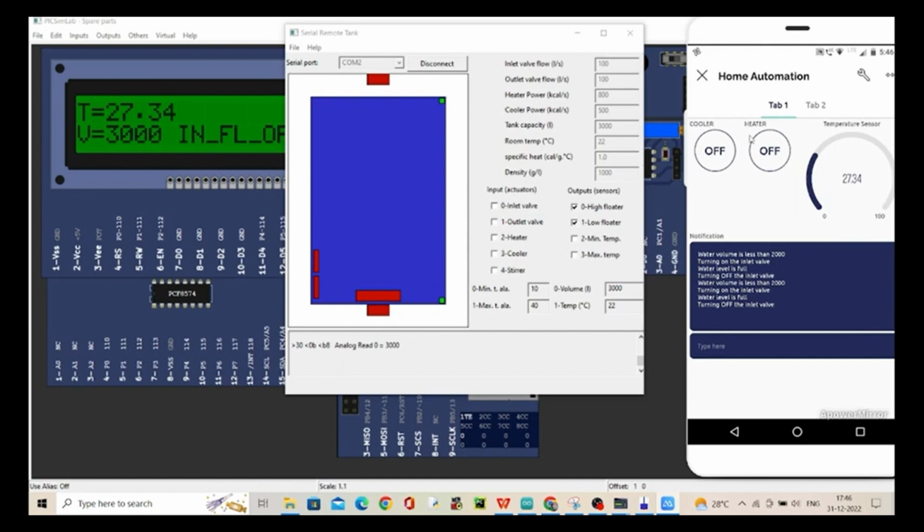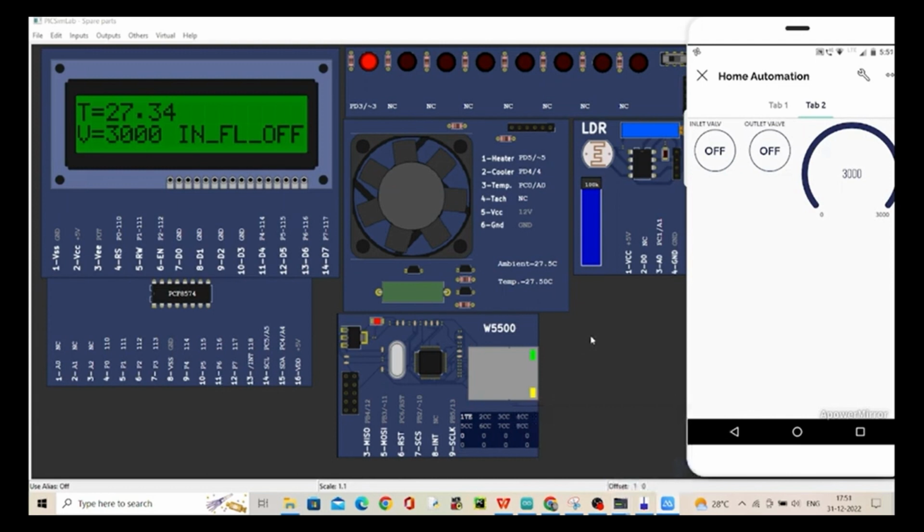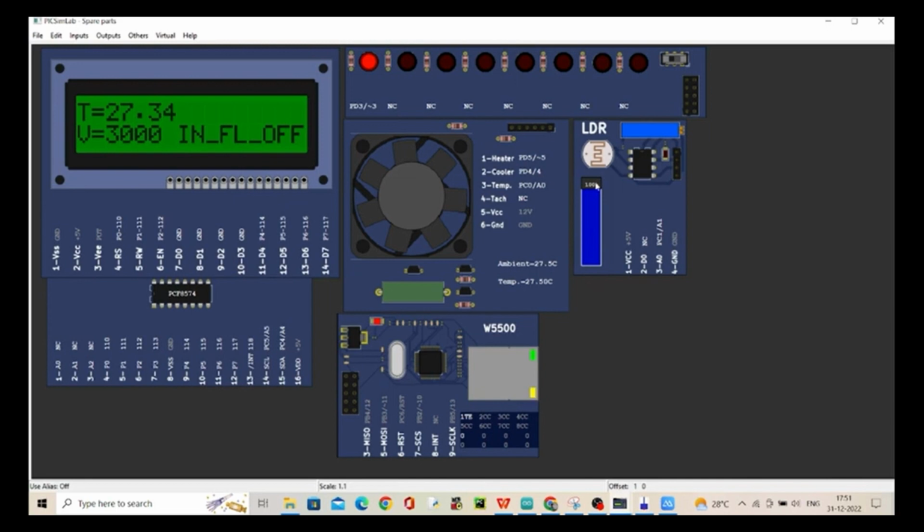Now coming to the second automation, we have done the control of the garden light using the LDR sensor. I will show you. This is the LDR sensor. Here we can vary the sunlight.